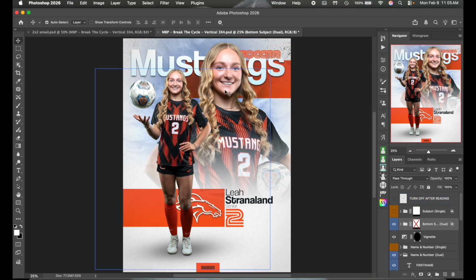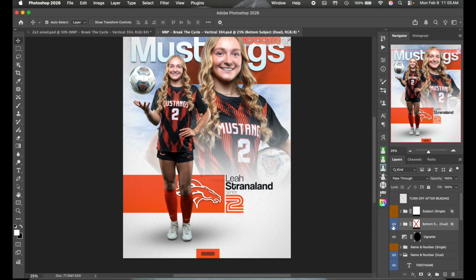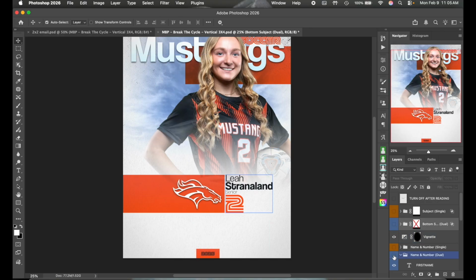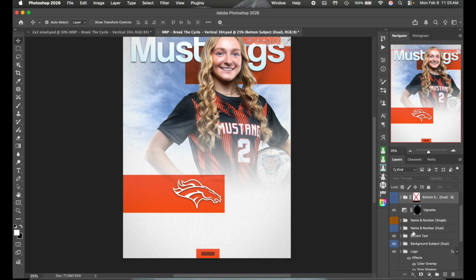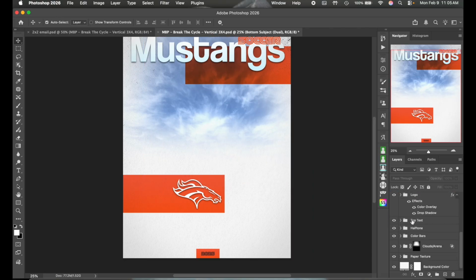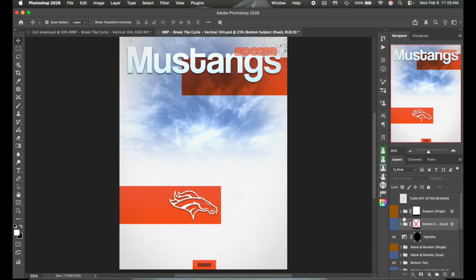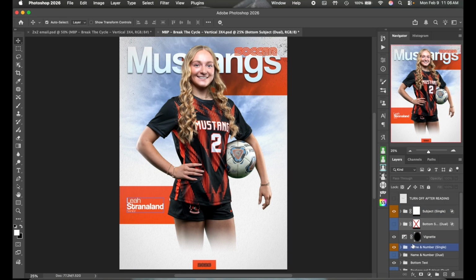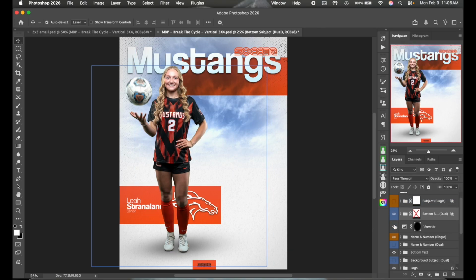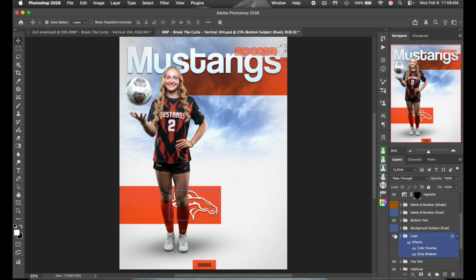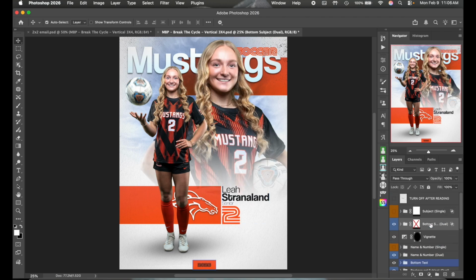So as you see right now, it's set up with the double image. So I'm going to turn these blue layers off. Sorry, let me close that one. And now you have nothing. So let's turn on the orange. It's just two of them for a single image, and it just relocates the name over here. So we'll get into that more later, but just right off the bat, let's go ahead and work on